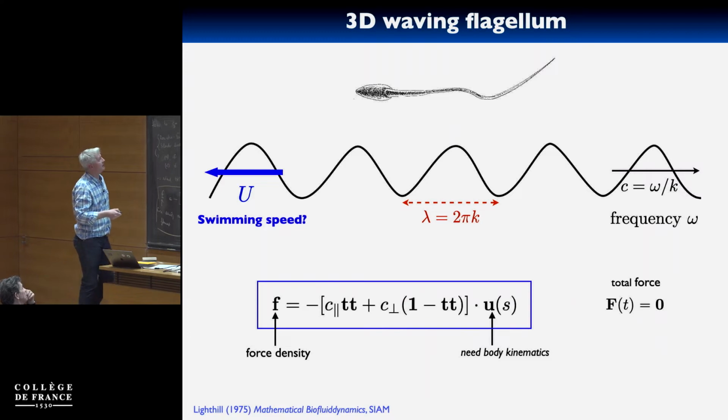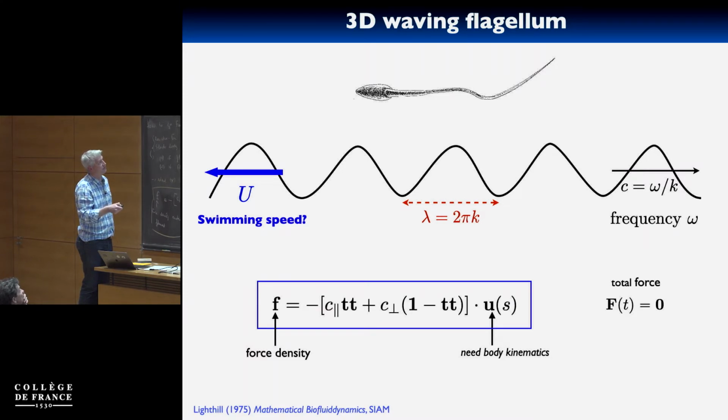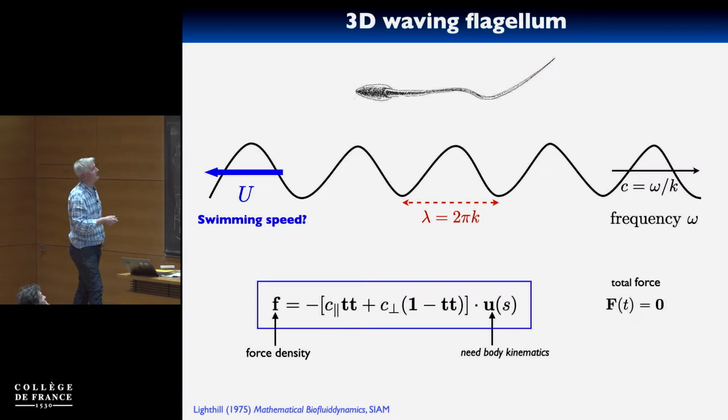So to do this calculation, we have to use resistive force theory or slender body theory. The force density exerted from the fluid is related, this is what I wrote on the board, to u, which is the local velocity of the filament relative to the fluid. Now, to do this calculation, I need to find u. So Lighthill has a very elegant way in his book to figure out u. He said, well,